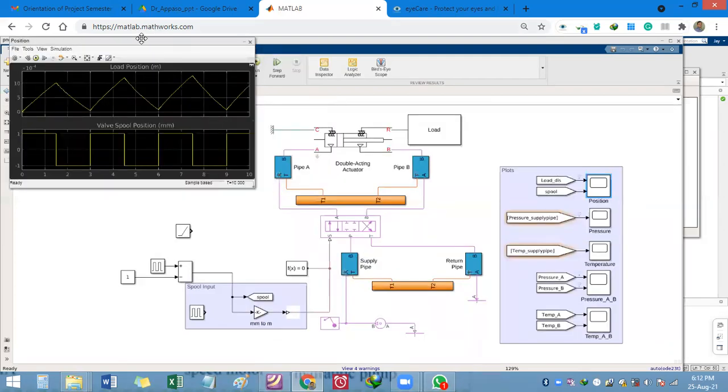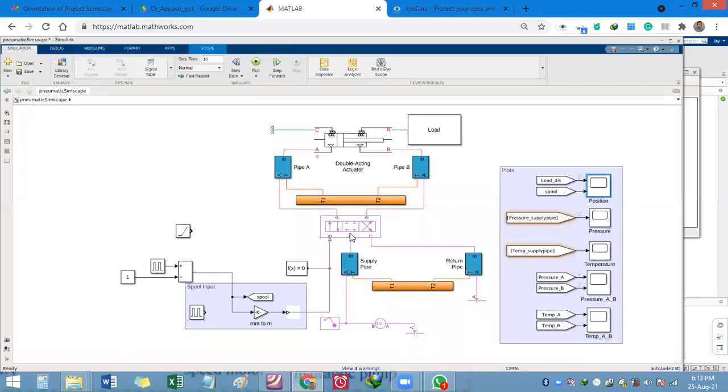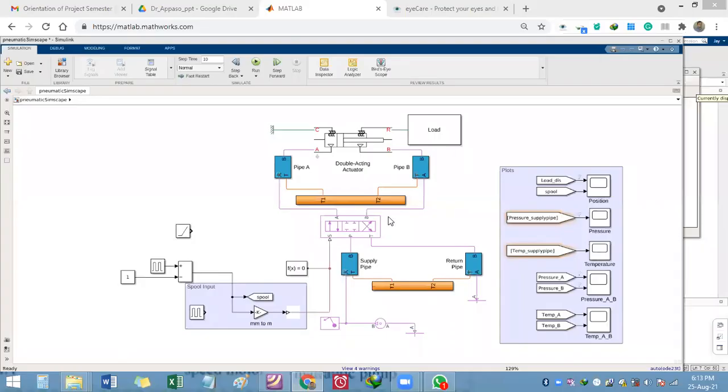So what is our input in this system? Basically we are providing input to the DCV valve. If you provide +1 input, then what will happen? This DCV will activate this parallel position. And in this parallel position, the pump supply will be directed to the A point of the cylinder. If you pressurize this A side of the cylinder, then this piston will move forward. This is what happens when we provide +1 input.